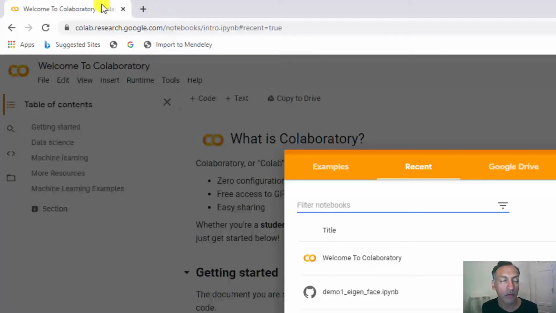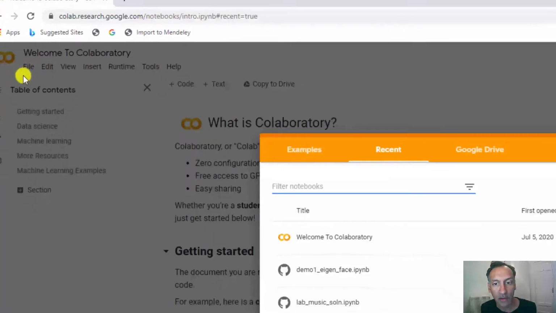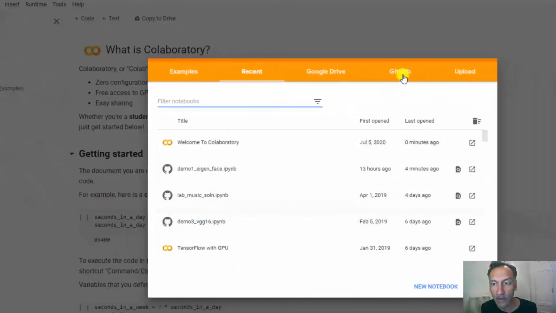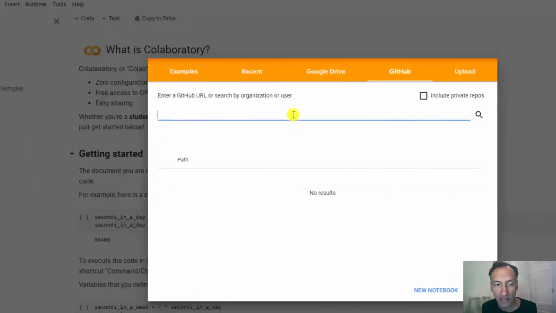But I'm here going to run it on the cloud in the colab.research.google.com page. So if you want to do it here, just go over to this website, select File, and then Open. You're going to get this dialog box. Select GitHub as usual. Put in my name,